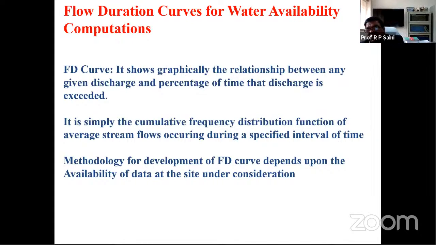But the discharge is different, because most of the sites are run-of-river and they are from a natural stream. We don't have the conventional method, we don't have the storage. So whatever discharge is available in the stream, we will consider that. Sometimes a stream during flood is full of water, there may be 1,000 cubic meters, but for a few months it can be dry. It will be zero. So discharge varies from 0 to the maximum discharge.